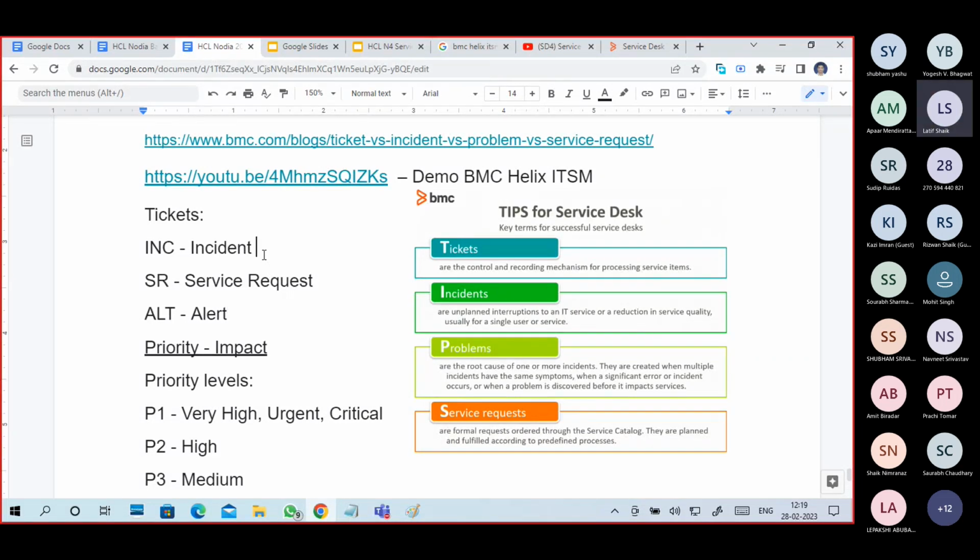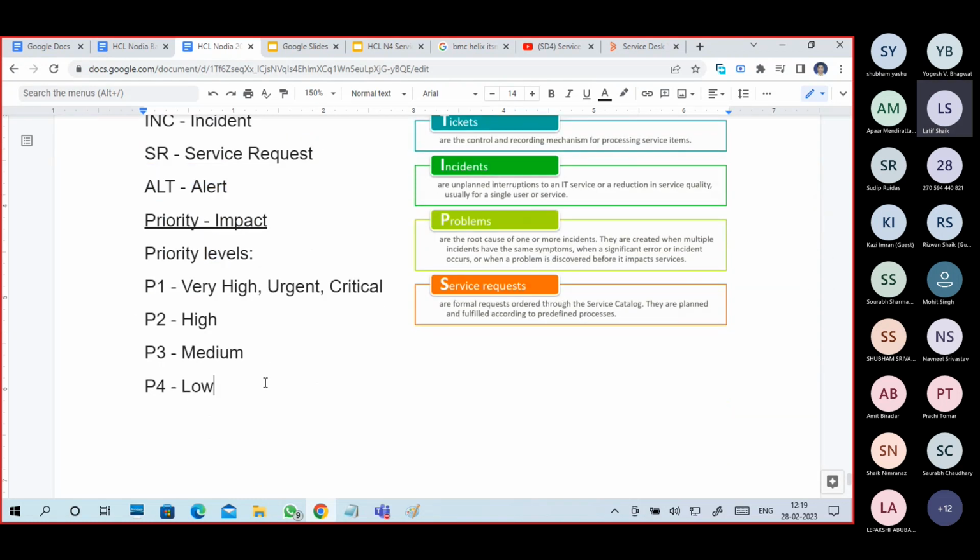In incident tickets and alert tickets, there is a priority level for each ticket. Certain tickets you have to resolve immediately, within 15 minutes to 1 hour. Some tickets you get 4 hours, so you can resolve them later. Some tickets you get 1 day, some 2 days. The priority levels are mentioned as 1, 2, 3, 4 or P1, P2, P3, P4, depending upon the organization and what software they are using.